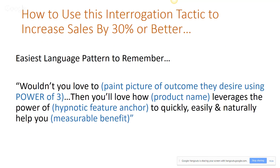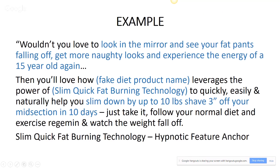So here's a really easy language pattern to remember. Wouldn't you love to, and again, this is going to paint a picture of that transformation, right? So wouldn't you love to release the weight, feel great, and be able to chase after your kids again? Then you'll love how product name leverages the power of, and here's the hypnotic feature anchor. This is why I had to teach you this today, to quickly, easily, and naturally help you get the measurable benefit, right? So wouldn't you love to look in the mirror and see your fat pants falling off, get more naughty looks, and experience the energy of a 15-year-old...